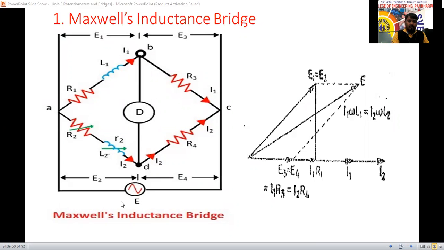So once the alternating source is connected, the current will start to flow here, up to here the current will come. Okay. See the phasor diagram, how to draw the phasor diagram. Some people may get confused about that. Up to here the current will come. So I will take the current as a reference here now. So I will draw I1, I2 here now.